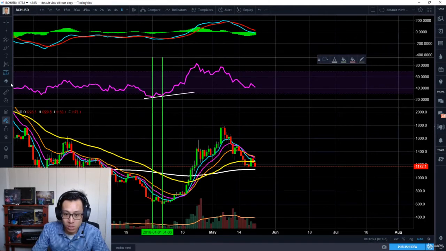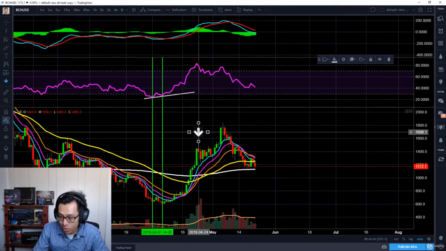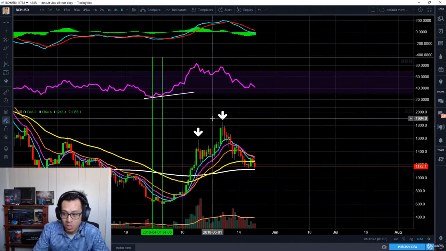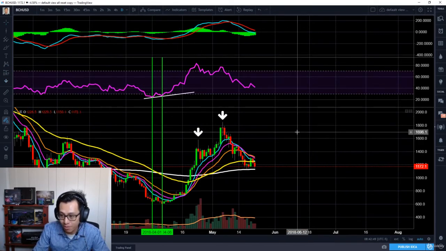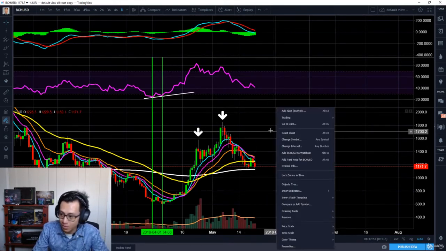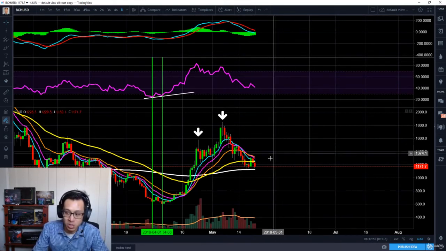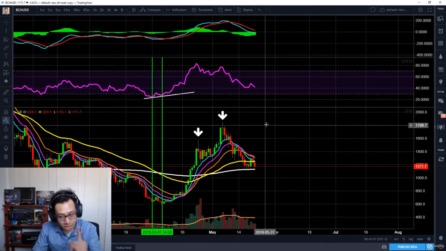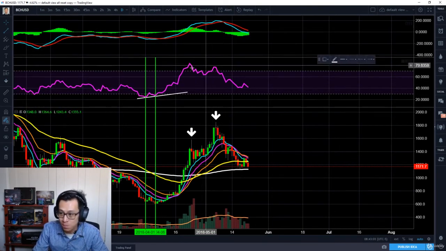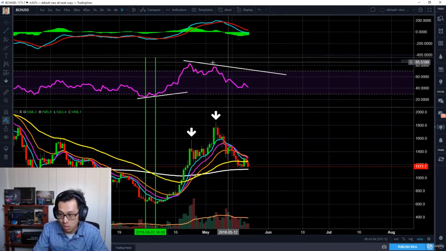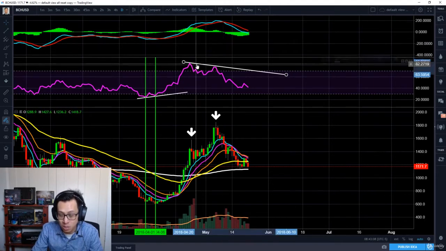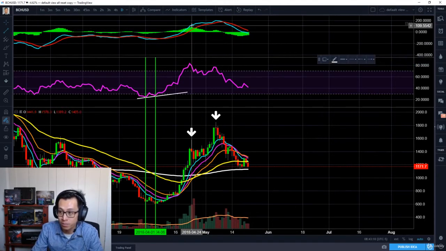And this is the first peak that we see, and this is clearly the second peak with a massive doji right there. So would you have taken your profit on this peak right there? Yeah, you could have taken some of your profit. But if you decide to ride it even longer until perhaps it crosses over, and for the second peak to get better, or to actually take your profit, you'll see these bearish signs of divergence across the board right there. But realistically, a lot of people, including myself, I would have taken my profit right here